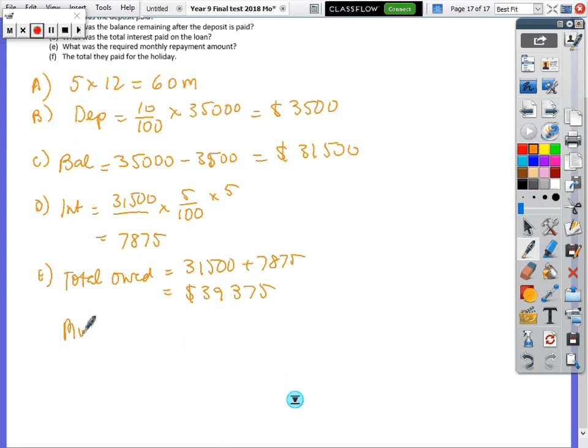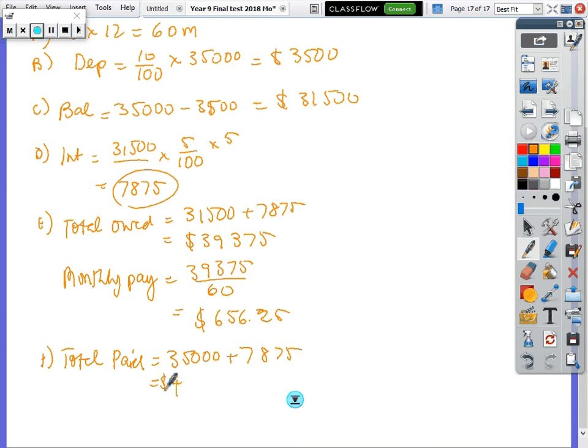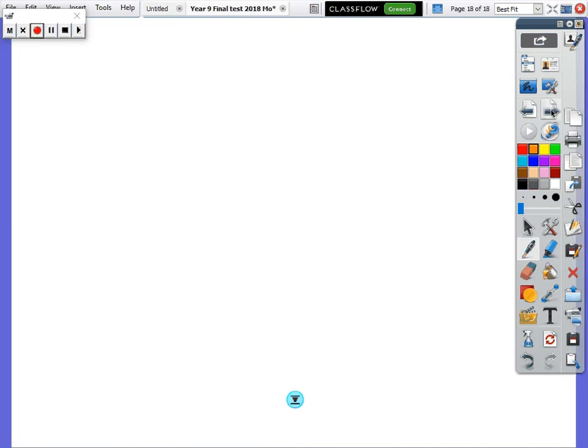And the monthly payment, 39,375 divided by 60 months, so it's $656.25, and the last part, total paid, is you had a $35,000 loan and you had $7,875 interest, so you paid $42,875. Okay, so this question I left out was to do, and sorry about this,